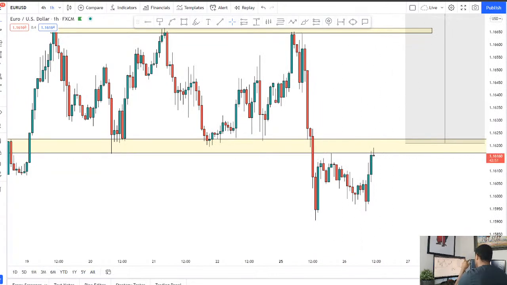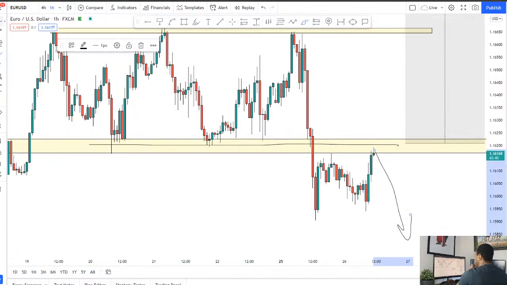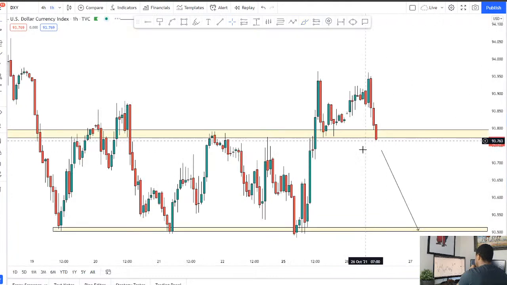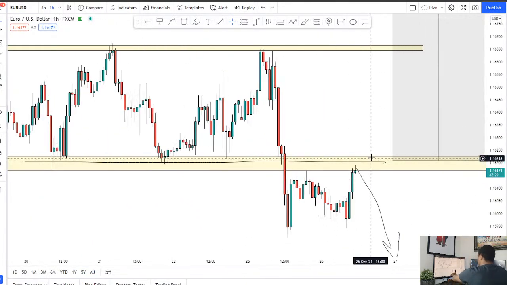I know Pound USD is looking bullish. I'm not too sure, maybe there might be Pound news or something. But Euro is still underneath this, so Euro can actually still come back down. And obviously DXY hasn't actually broken through this level yet, so that could still come back up. So we'll be waiting for candle closures and everything, and we'll be waiting to see Euro USD break above that